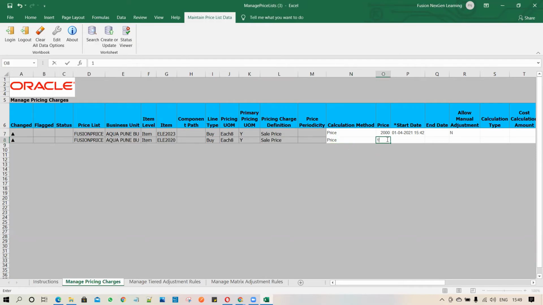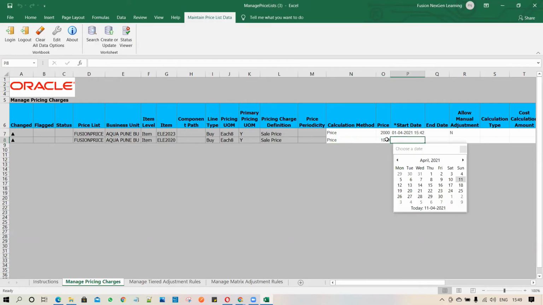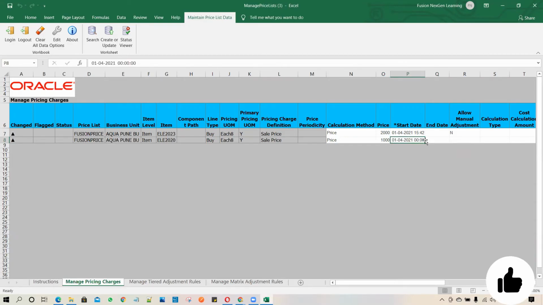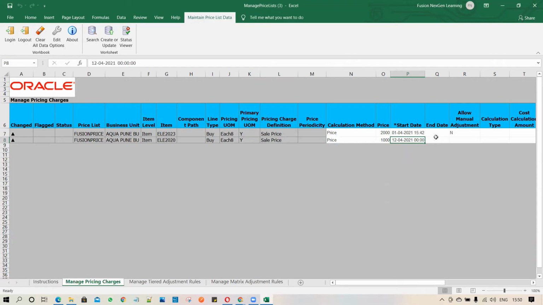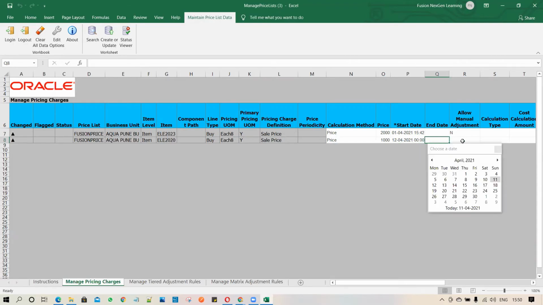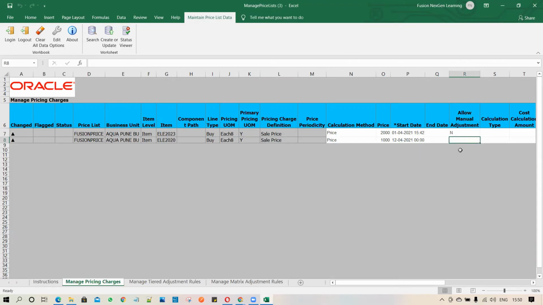And then I'm going to add 1000 for the price, and I will enable this price from, let's assume, the 12th April. If you want an end date, you can enter the end date. If you want the allow manual adjustment flag enabled as Y, you just set this value.